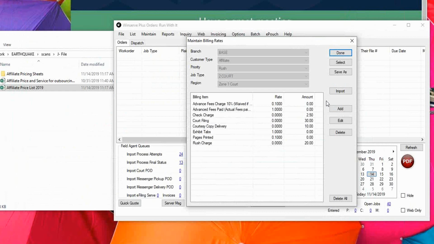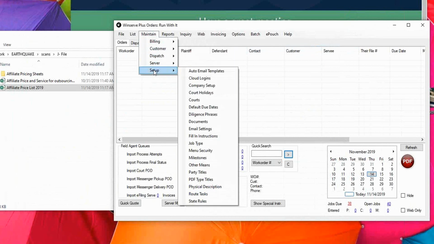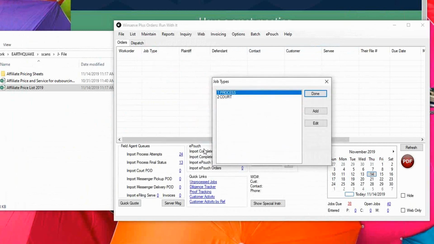Okay, so from here, let's do a couple more things. All right, so I'm kind of trying to pave your road here so you know how to deal with all the things you need to deal with. So click done here, and we're going to go back to maintain. We're going to go to setup now. We're going to go down to job type. We're going to say add,